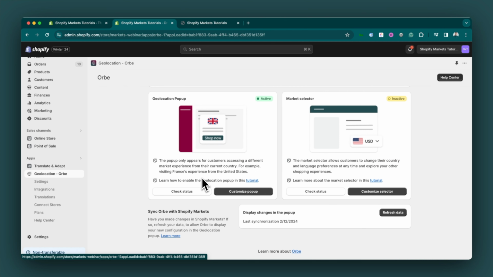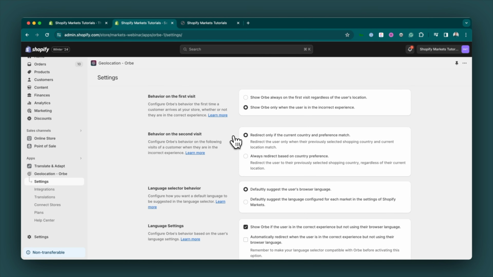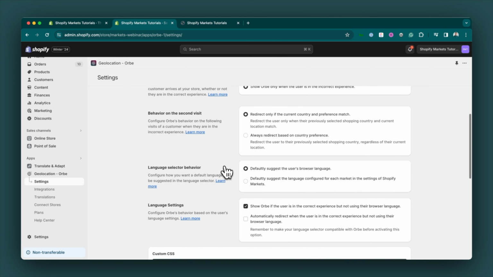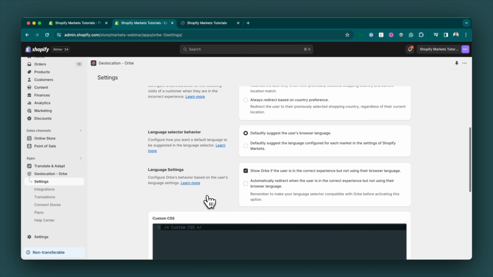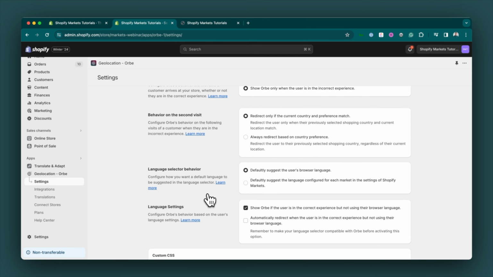But this is not all that you can do. You can customize in settings how you like your behavior on the first visit, second visits, the language selector, and language settings. You have multiple advanced settings on how you would like to redirect your customers in each of their visits.